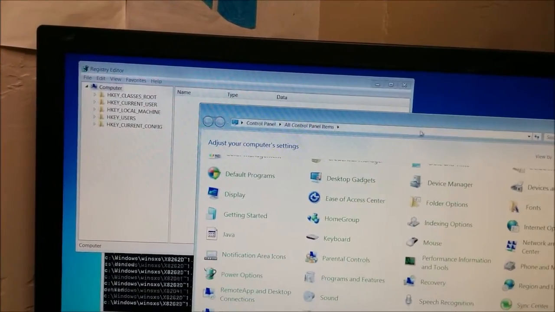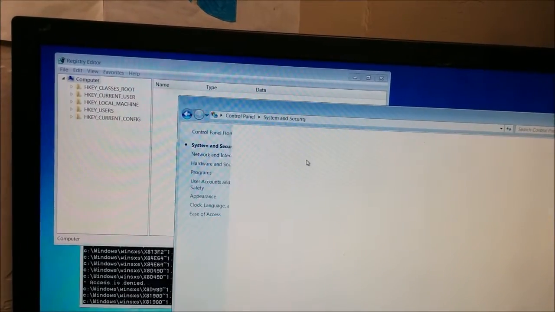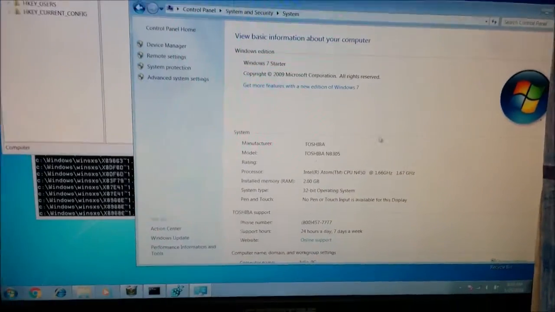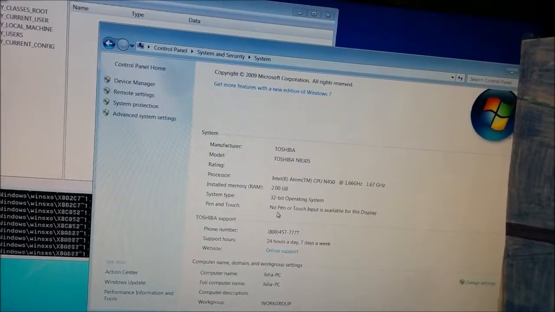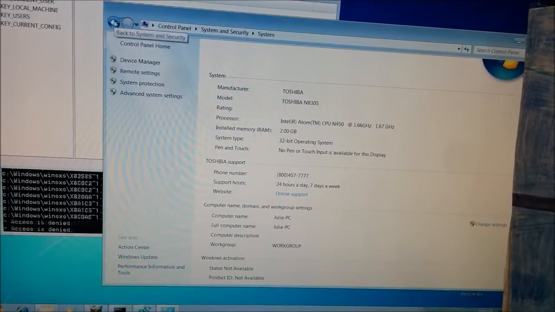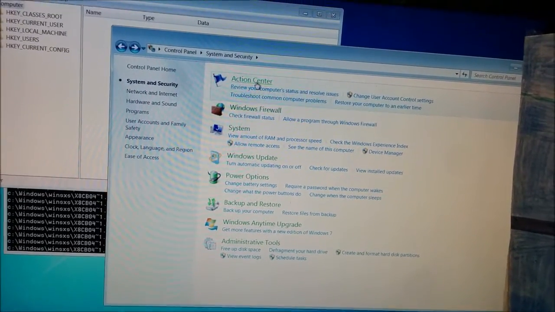Still deleting. Looks like the OS is actually surprisingly still usable. Windows 7 started, there's no more rating. I don't know if that was ever there before, but I don't see any. The activation status isn't available anymore, which it was activated because I used the recovery partition to reinstall Windows. So,